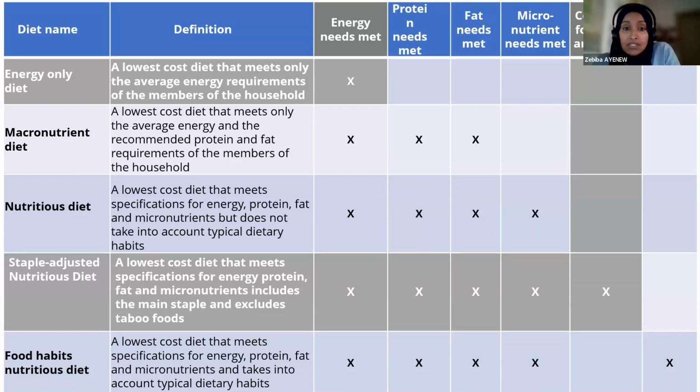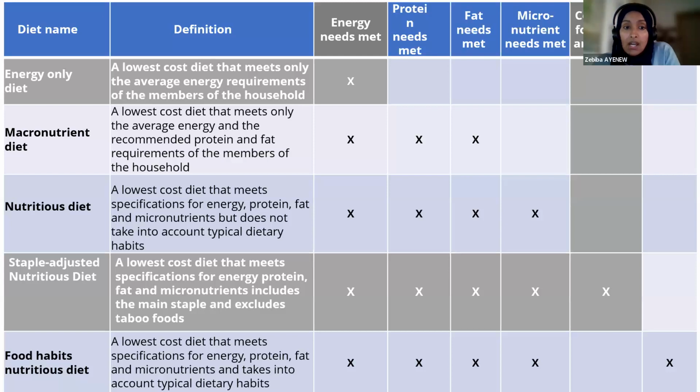The energy-only diet, and some of this content has already been covered by our colleagues from Save the Children, but it's included here just to show you in comparison the types of diets that we focus on in the Fill the Nutrient Gap analysis. So the energy-only diet fulfills only the energy needs of the individuals included in the model